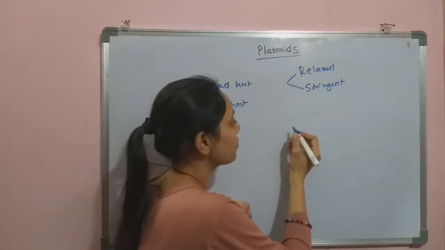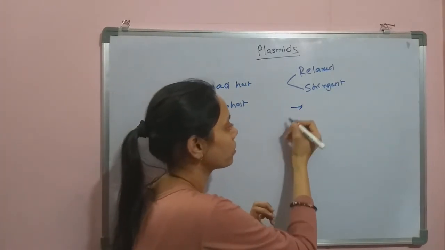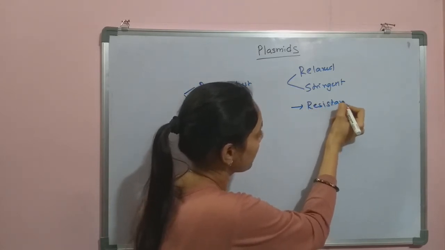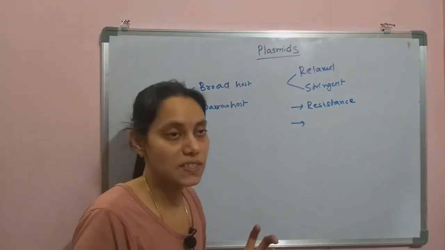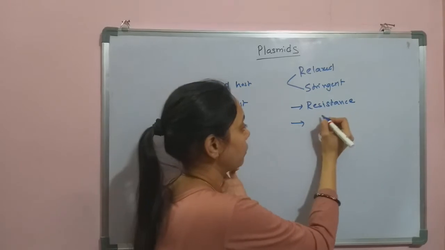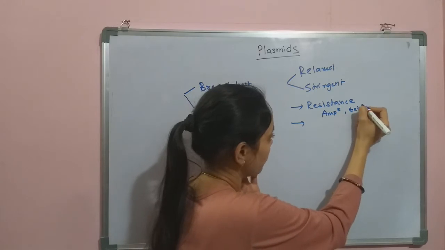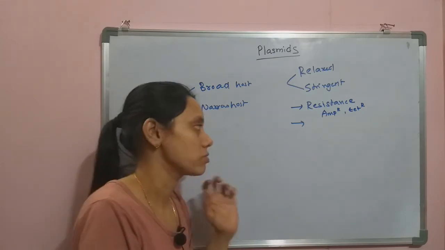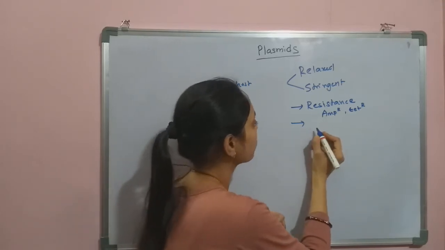So that is it. Based on their function, the type of genes they have, plasmids will be divided into resistance plasmids. Due to the presence of resistance genes against antibiotics, the resistance plasmid will form. For example, ampicillin resistance, tetracycline resistance. So there are some plasmids against ampicillin, plasmids against tetracycline, chloramphenicol, and so on and so forth. The other type of plasmids are